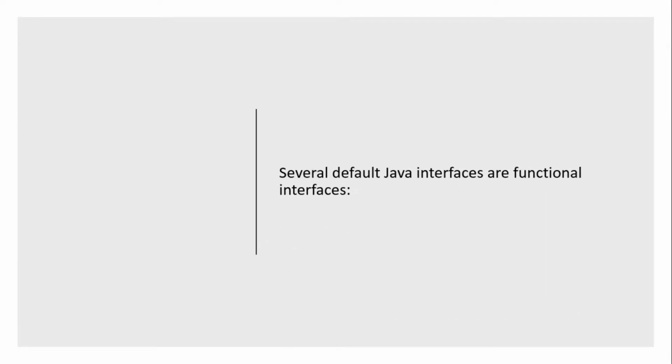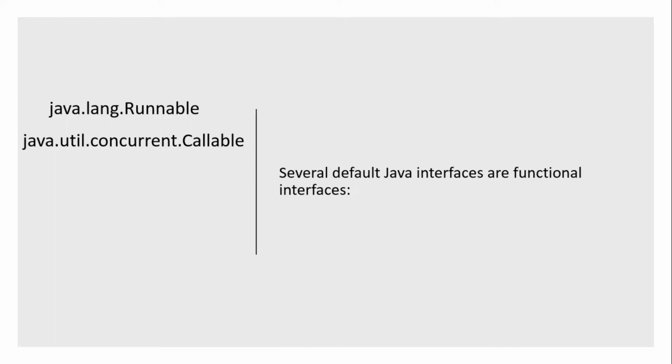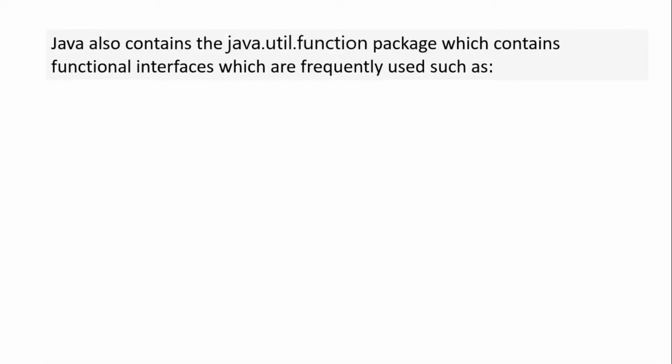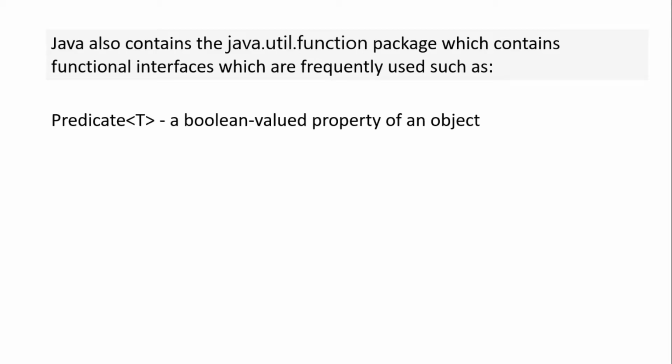Several default Java interfaces are functional interfaces. java.lang.Runnable, java.util.concurrent.Callable, java.io.FileFilter, java.util.Comparator, java.beans.PropertyChangeListener. Java also contains the java.util.function package, which contains functional interfaces which are frequently used, such as Predicate, a